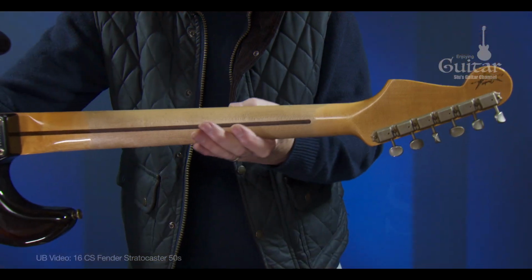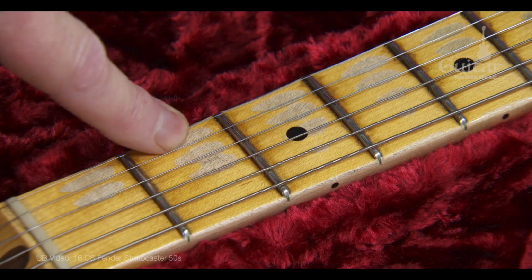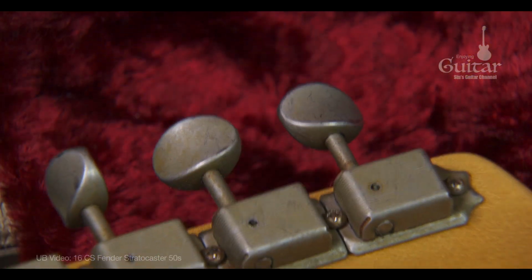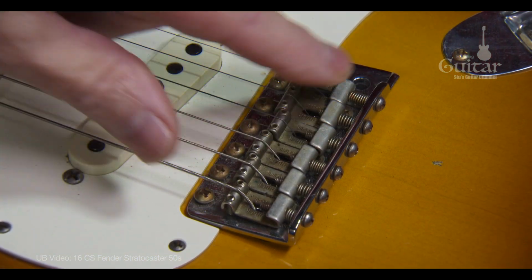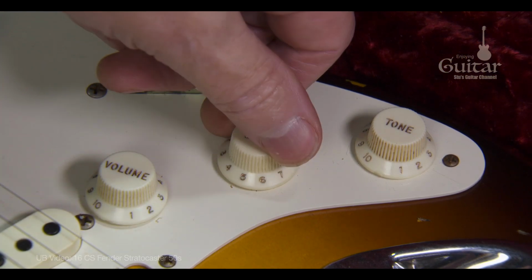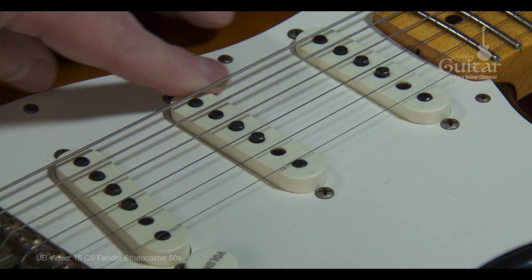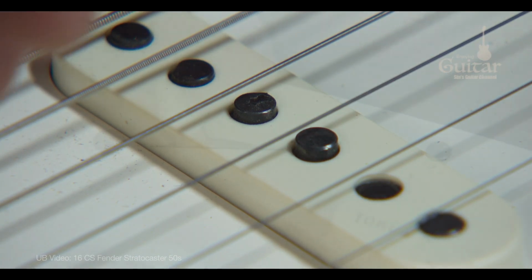This makes it really nice to play, actually. The worn areas in between the frets on the maple fretboard, and the tarnishing of the hardware, such as the tuning keys, and here you can see on the tremolo block. And in general, all the plastic parts are slightly discoloured to give that overall look of aging. The pickups are Fat 50s, they are hand wound and have a very definite tone, while the selector switch is